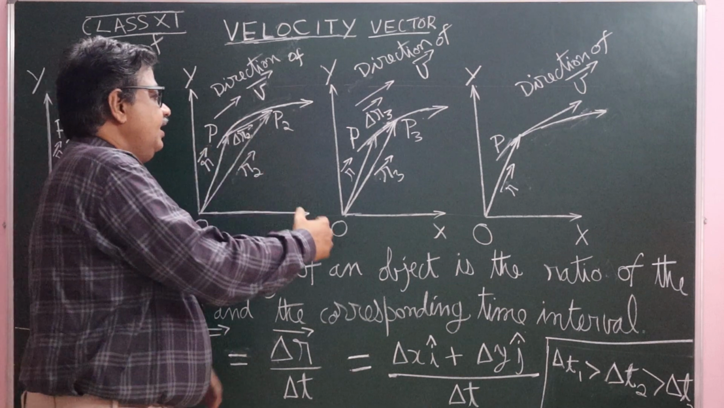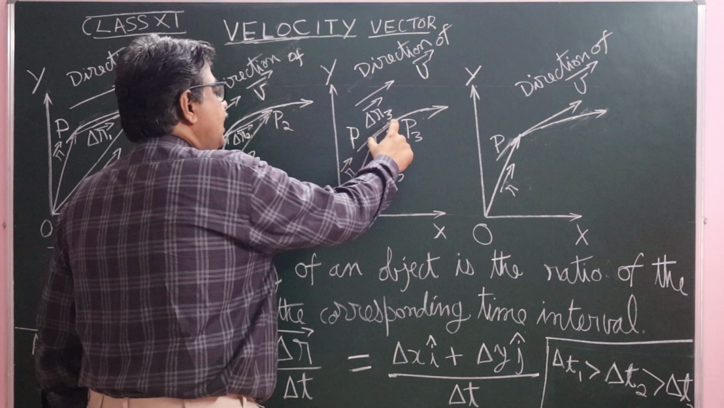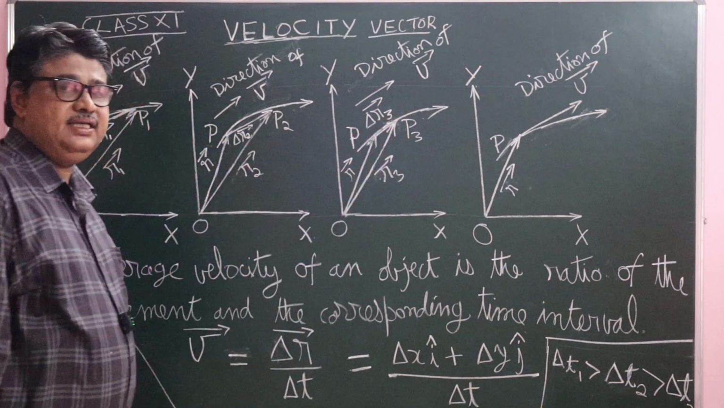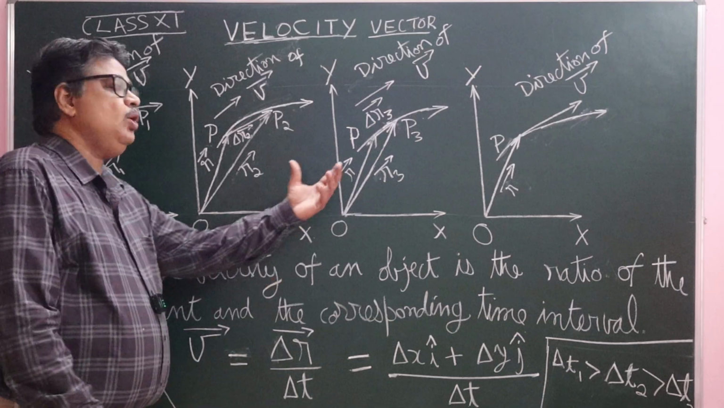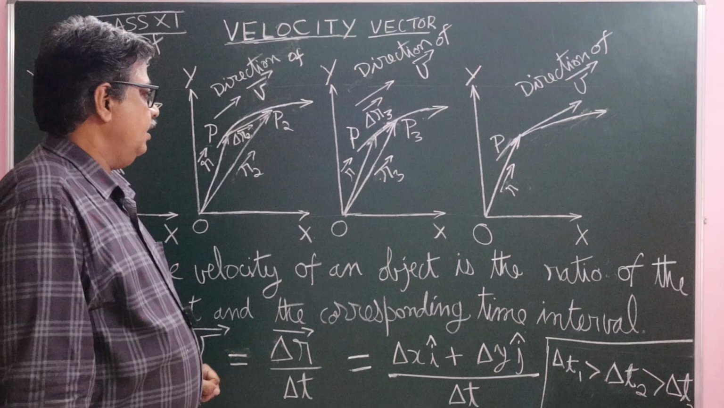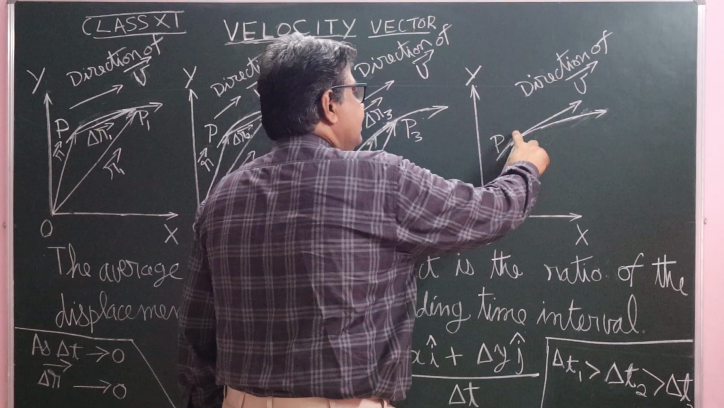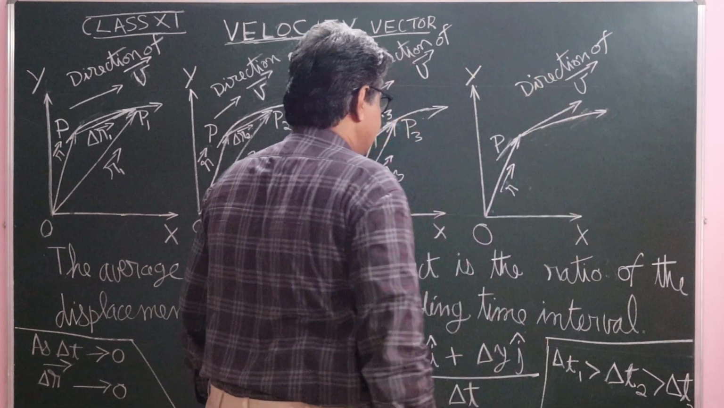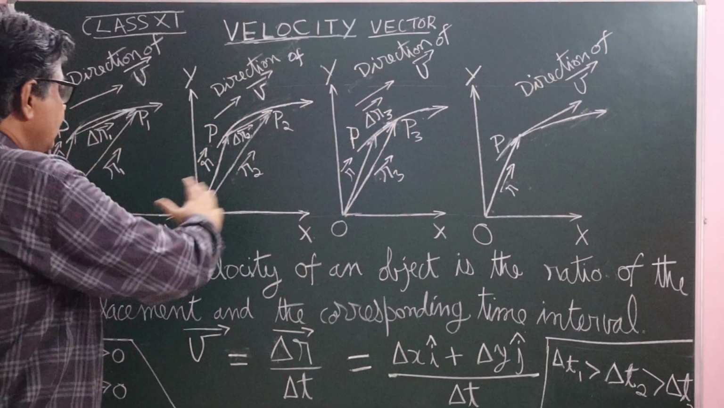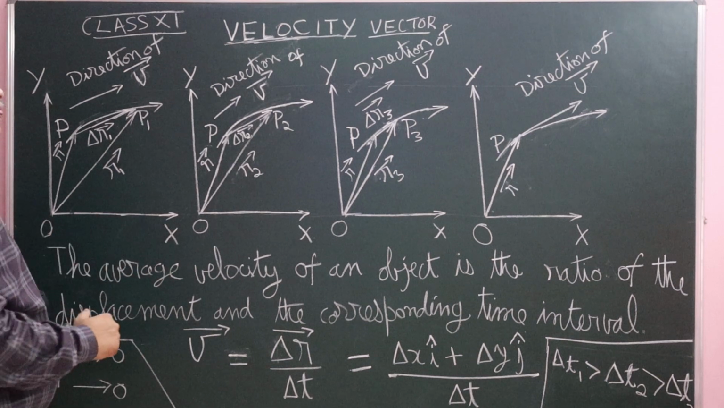Now see the figure here. Let the object move from P to P3. Del R3 vector is the displacement. Let the object take del T3 time. And here the object is at P and the velocity direction is in this direction. So in all this, what we observe here is